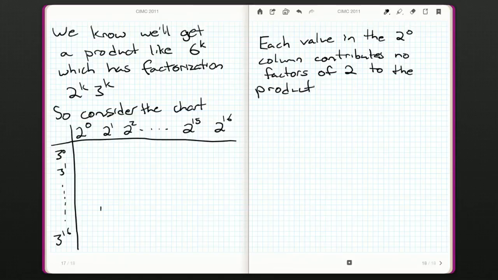So in the first column, they're just going to be odd numbers. They're going to be 1, then 3, then 9, all the way up to 3 to the 16, which I have no idea what that number is. So the first column, they add nothing to the product, nothing in terms of factors of 2. And if we'd like, we can just count the factors of 2. Now the second column, 2 to the 1,